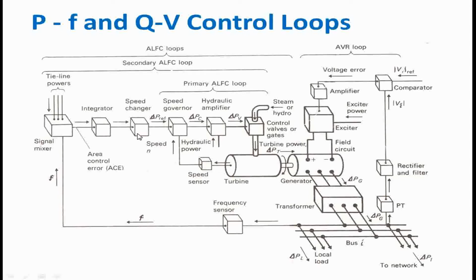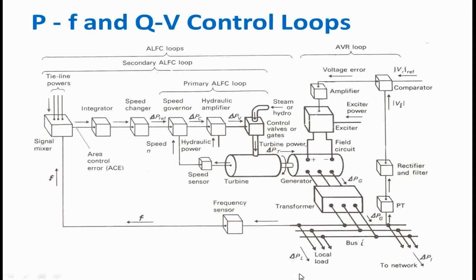That is, we are increasing the input so that it will give the raise command to the entire network, and because of that raise command, the speed of the turbine will get increased, and because of that speed, we all know in an AC system the speed is directly proportional to frequency. So due to the increase in speed, the frequency is going to get increased. Thereby we are changing the frequency by maintaining a balance in the power system.